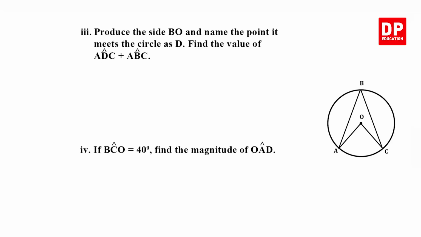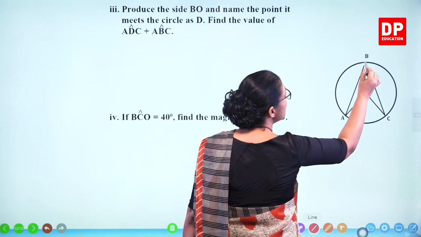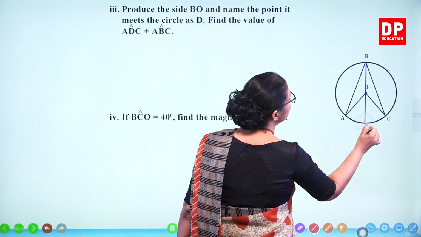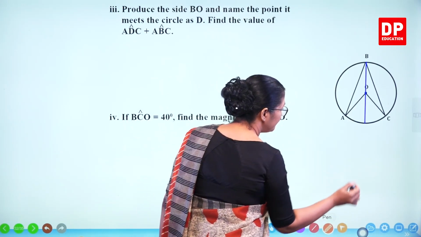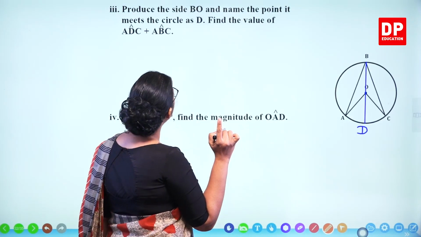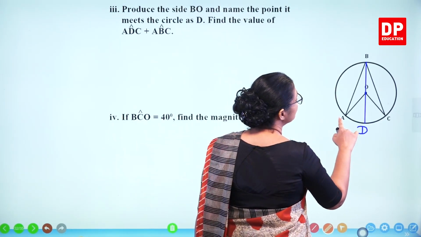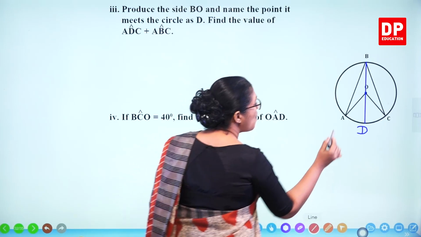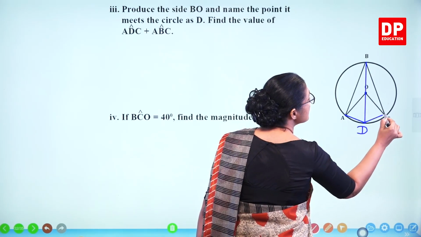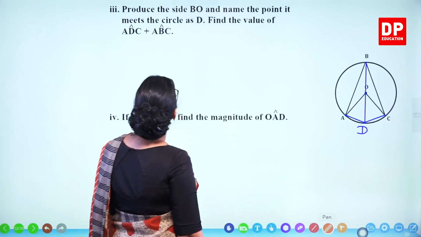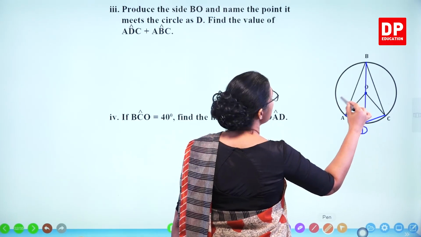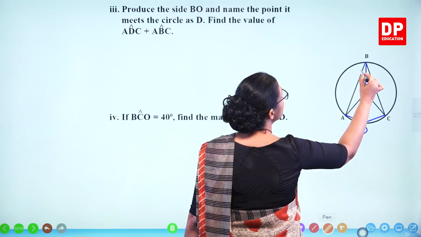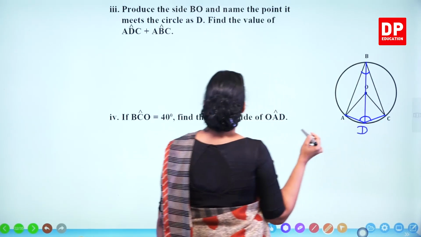Let's take the next one. Produce the side BO. We'll do that. Produce the side BO and name the point it meets the circle as D. Find the value of ADC. So, you have to connect it. ADC angle plus ABC angle. Sum of this and this is